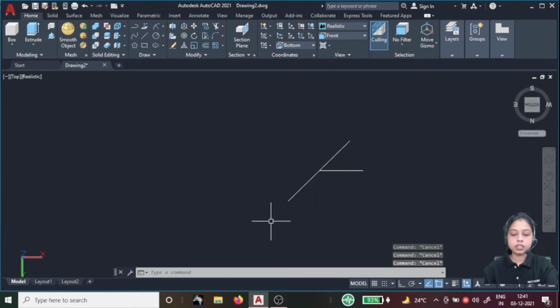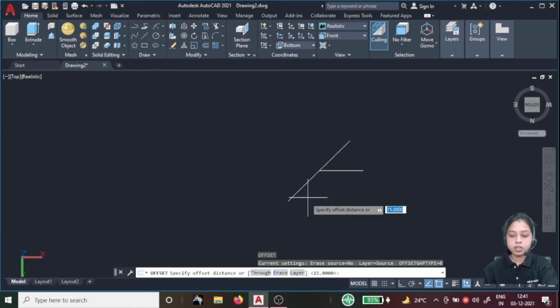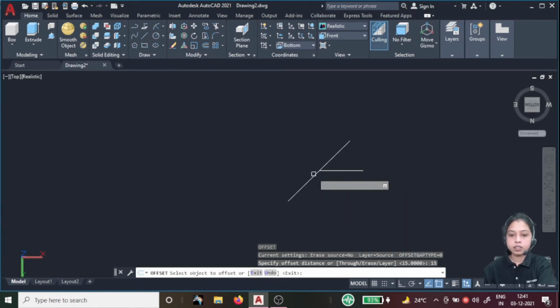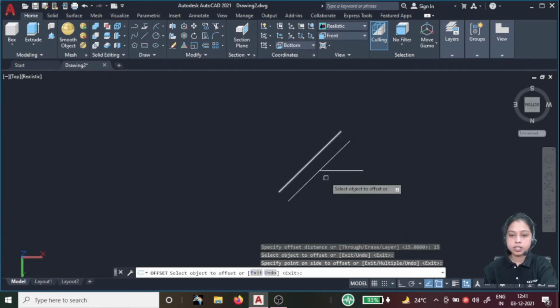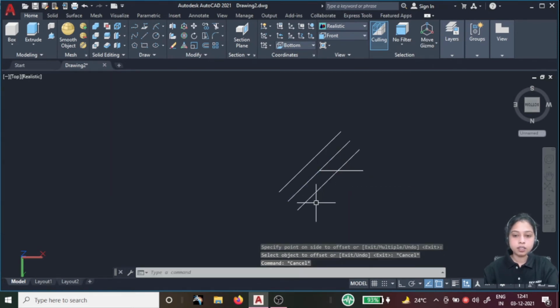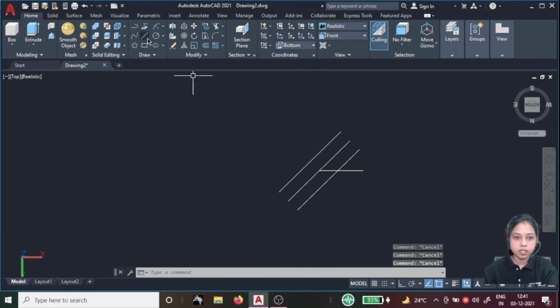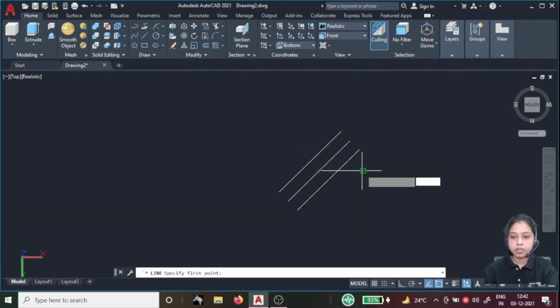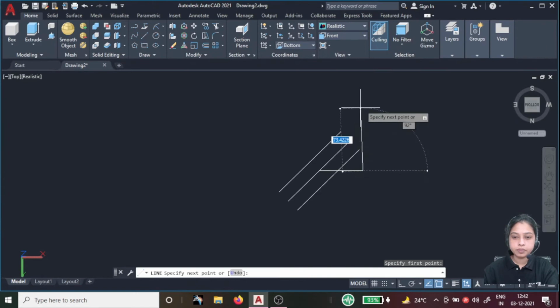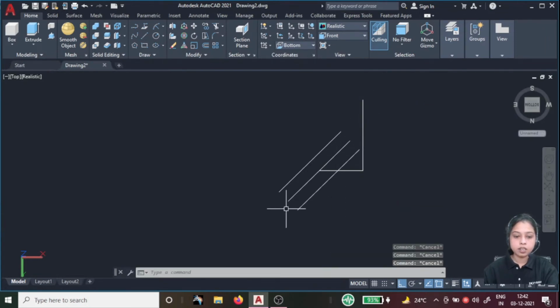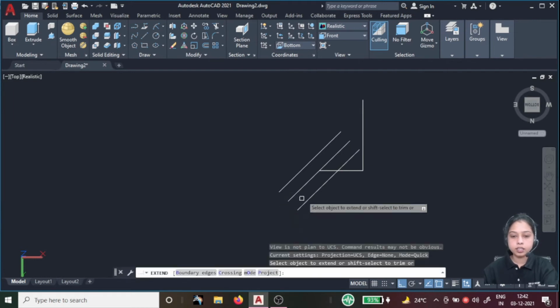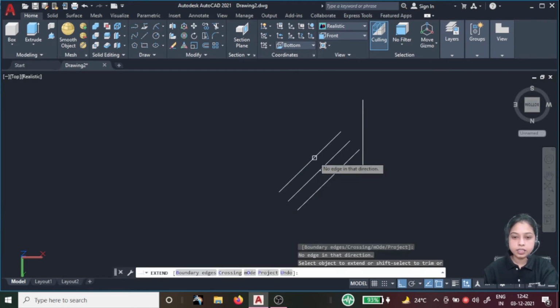Now this entity I need to offset, O, enter, and give it 15, enter, select the whole object, this side, again select the object and this side. Now select the entity to be mirrored, so we need to create an axis line. Okay, now go for EX, enter, for extend.